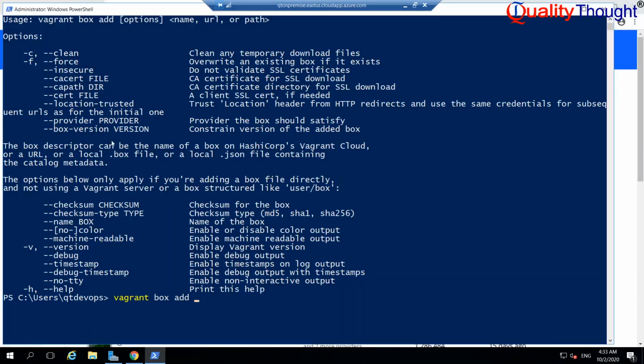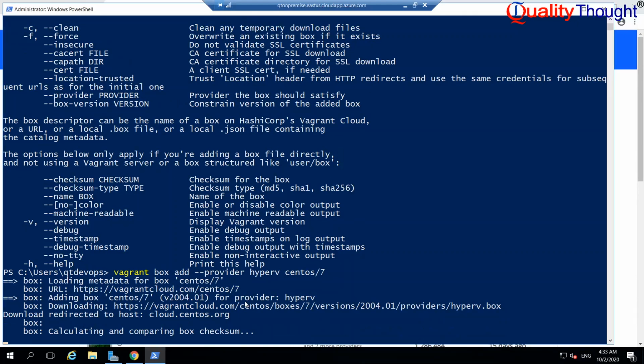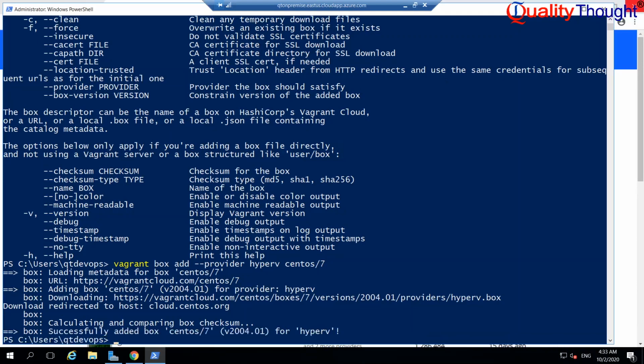So for us, it will be --provider hyperv, and the box name is centos/7. It will try to download that box. Let it download that box.